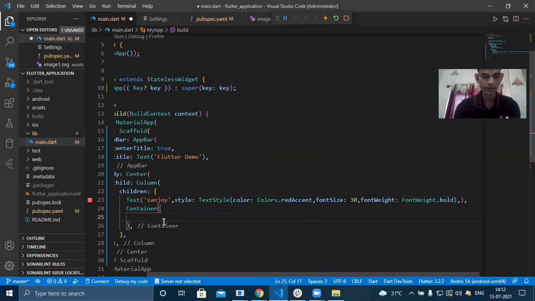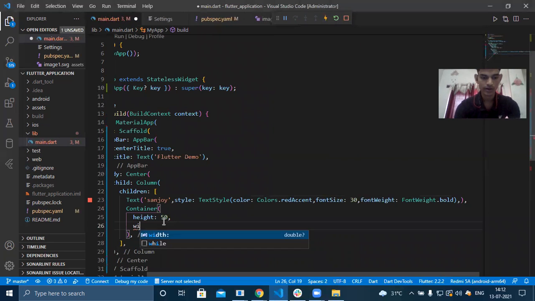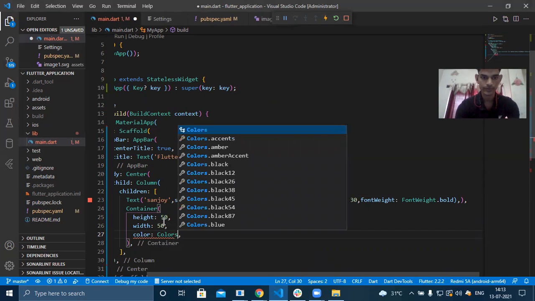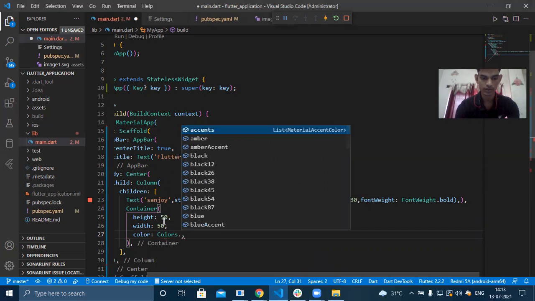So container takes a height. You can specify the height. I'm going to give it as 50. And there is an attribute called width. I'm going to give it as 50. So I'm going to give the container's color. And it will be Colors dot anything. I'm going to give it as blue.